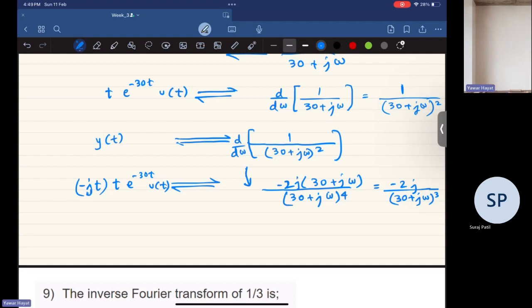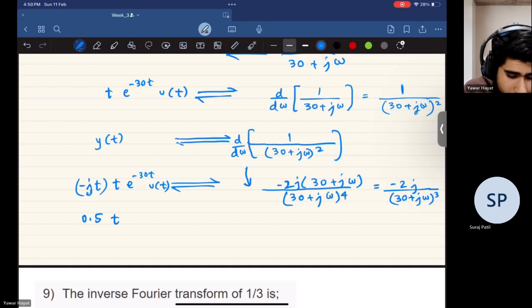So in this function, now I can cancel minus j on both sides and take 2 on the left side. I'm doing 2 things simultaneously. In other words, I'm dividing both sides by minus 2j. If I divide both sides by minus 2j, I would get